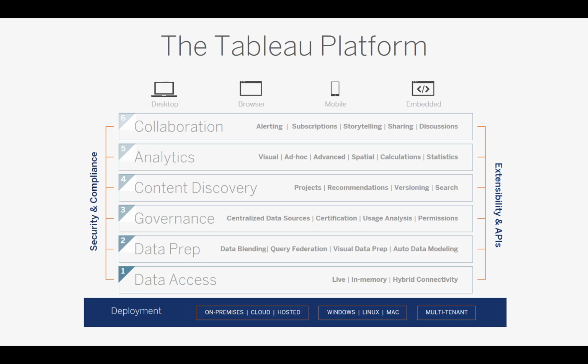Solid content and data governance features keep data in the right hands and also ensures users can find the right data and are making decisions based on accurate and trusted data. Powerful analytics, collaborative tools to bring data to the center of every conversation, and Tableau even provides the flexibility to